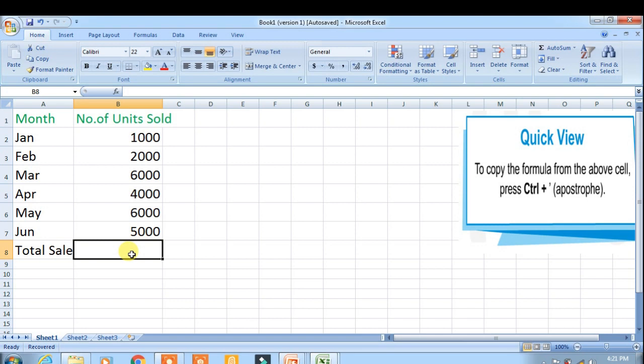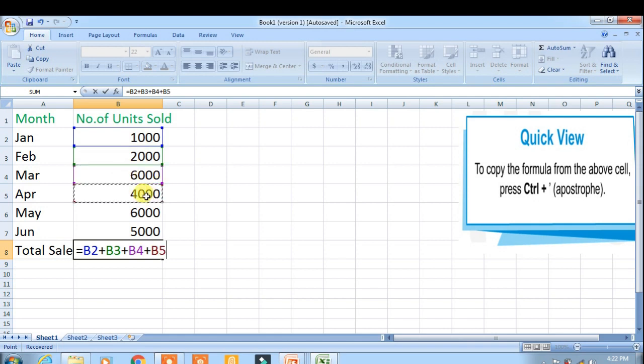Click on the cell B8 where you want to display the result and type the equal sign. Now click on B2. Now you can see the cell reference in the formula bar as well as in B8. Now type the plus symbol. Repeat the steps to select all the numbers.